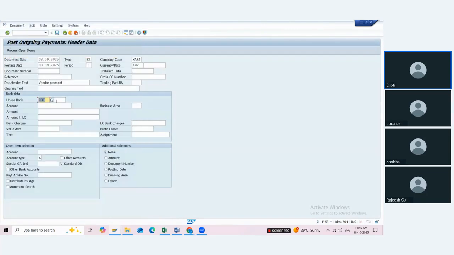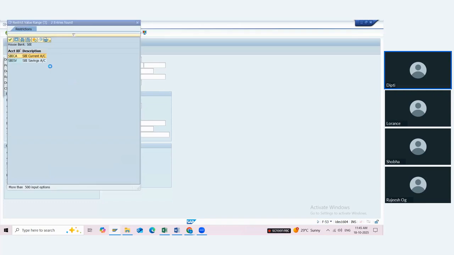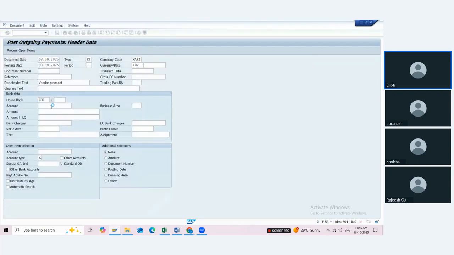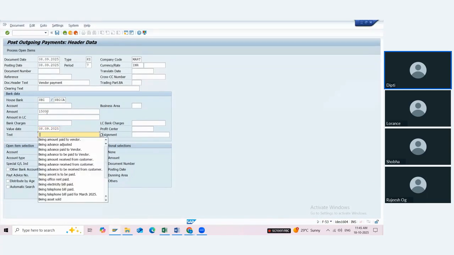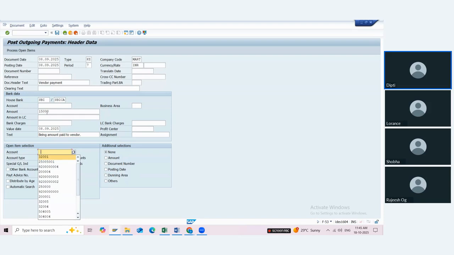SBI. Then only the system will be able to recognize that the same check that you have created for this house bank and bank ID combination, the same bank you are using for outgoing payment. For that purpose, we have to use the account ID, then give the amount. What is the first amount? 15,000. Okay.